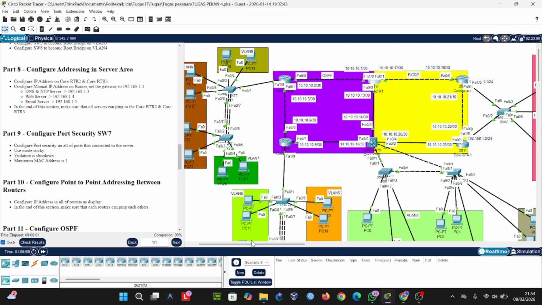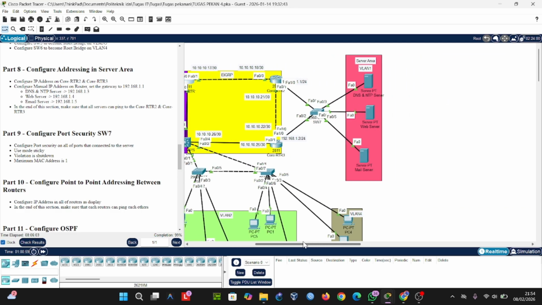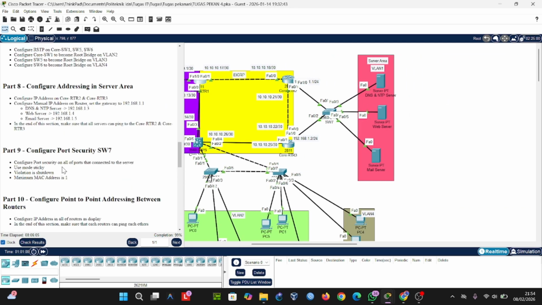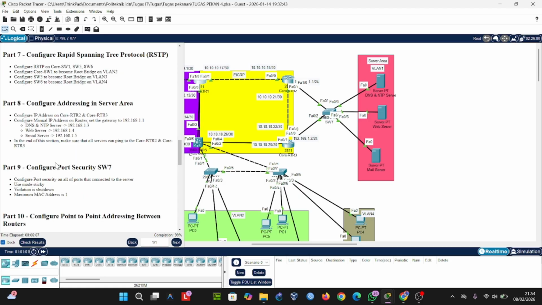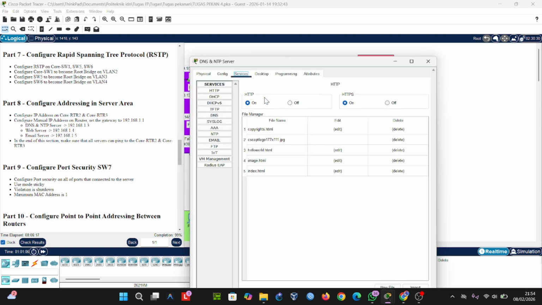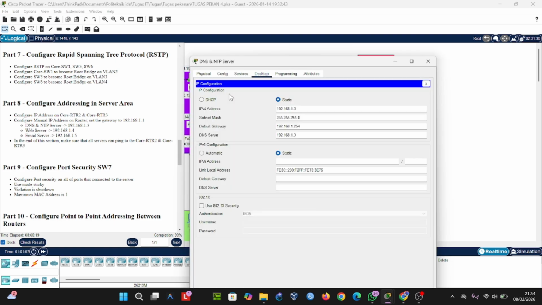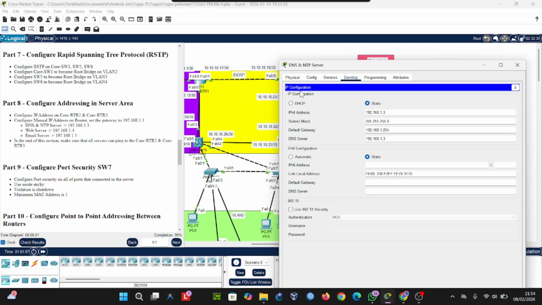Okay, and continue is configuration port 8 and 9. Configuration server area. Here we enter the IP address. You can see this.